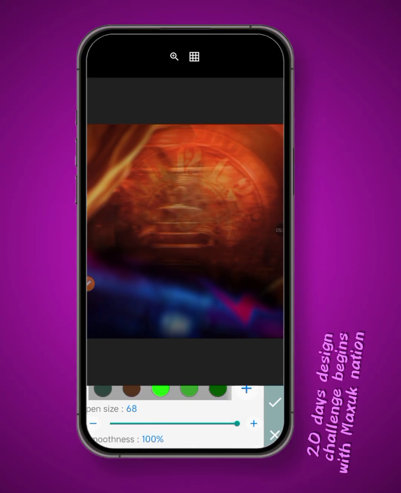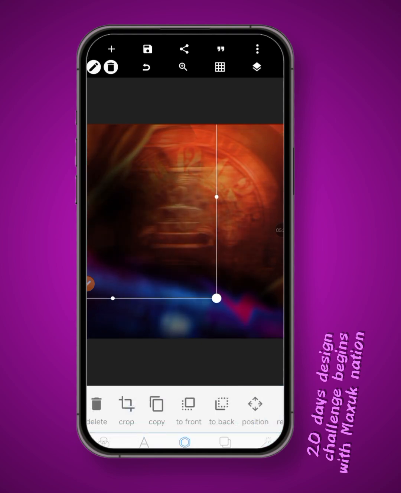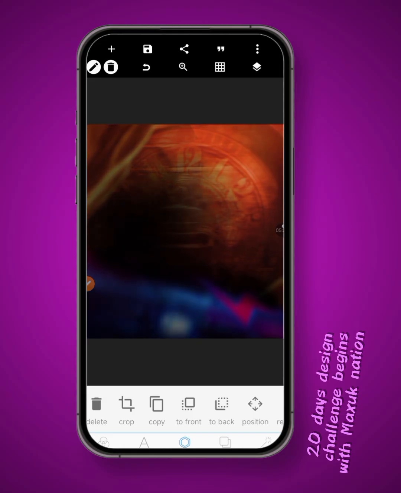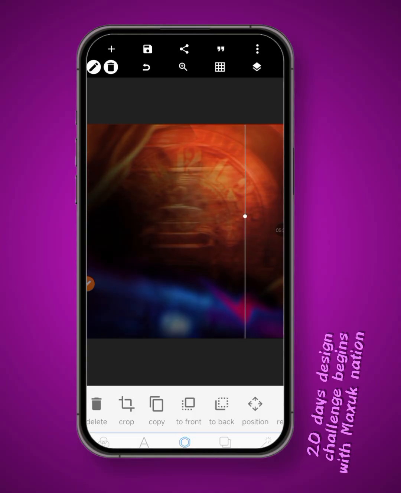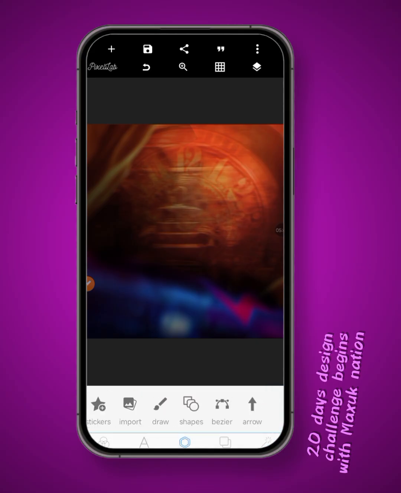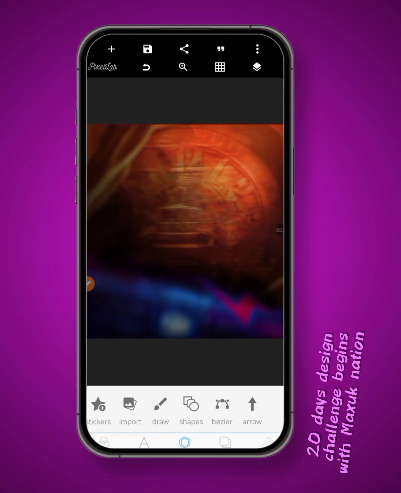With the last one, I'm then going to tap on the screen. When I tap, this will appear like this, so I can increase it and use it for whatever I want to use it for. I can come here like this and drop it somewhere here, so we have that side dark a bit. I can choose to reduce the opacity. Then we have something like this. We are just trying to blend everything together, the blue and the other background. The last thing we are going to do for the background